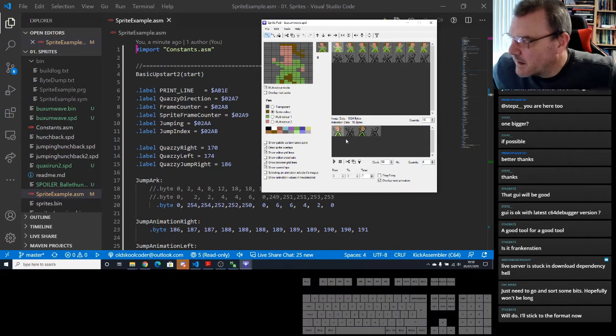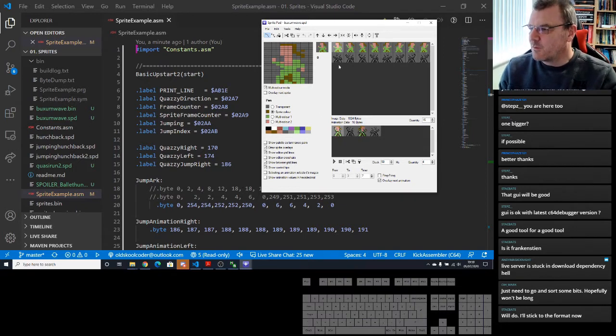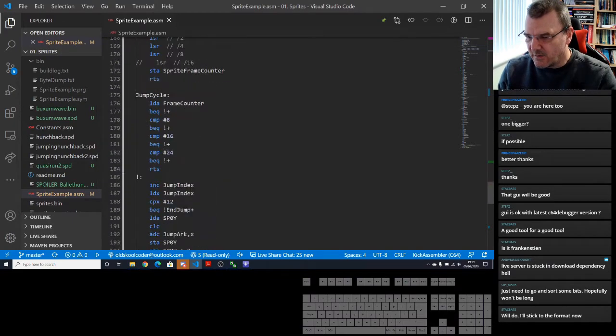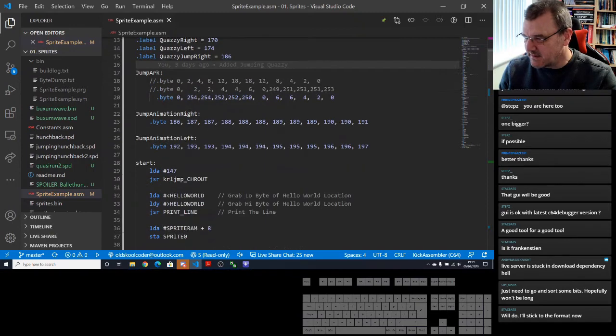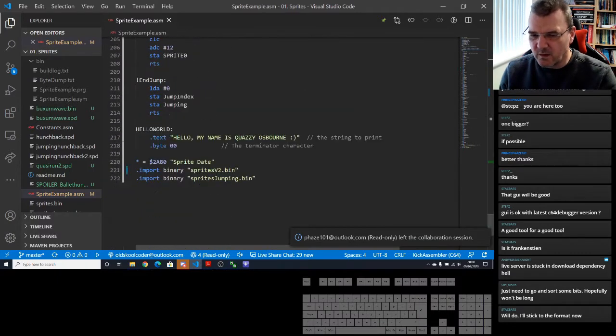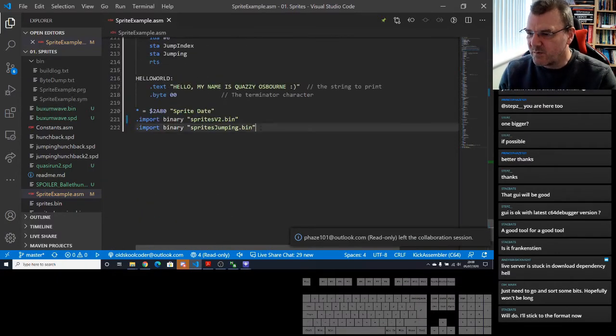Okay. So we're going to import these into our project. Now we've already imported those two sprites, and I think the last one is 197. So when we do an import, it's going to be on 198. So when we import the next one,